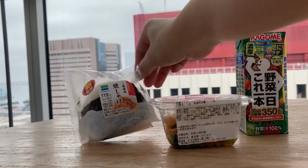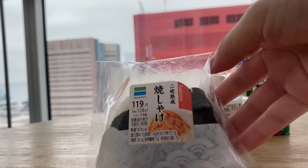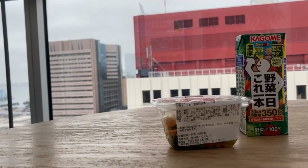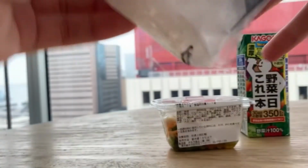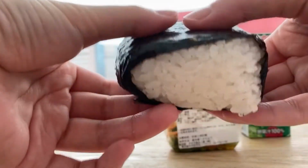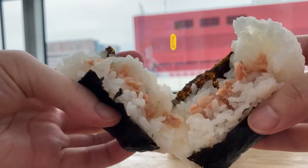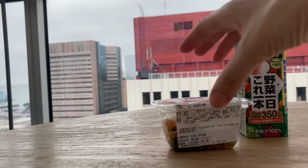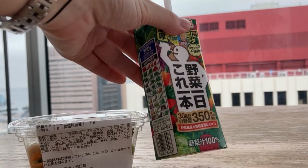And the second one is salmon flavor. I think this is the second most popular flavor in rice balls in Japan. Oh, in this case, seaweed is already attached. Yes. I think it depends on the individual which types of rice balls you like. For me, both are okay, but sometimes people like the crispy flavor of seaweed, and the others just don't like it. And I usually pick up some veggie juice as part of my breakfast,